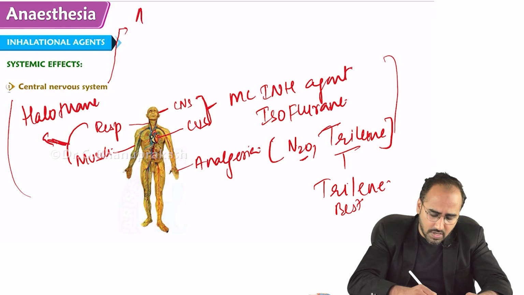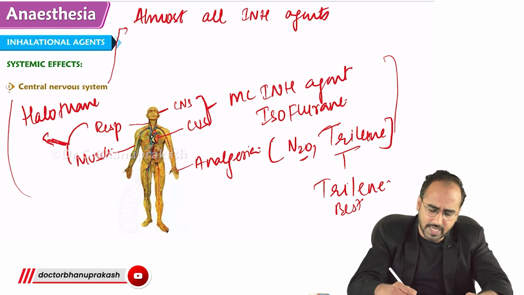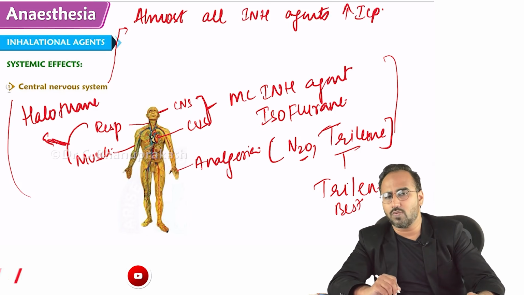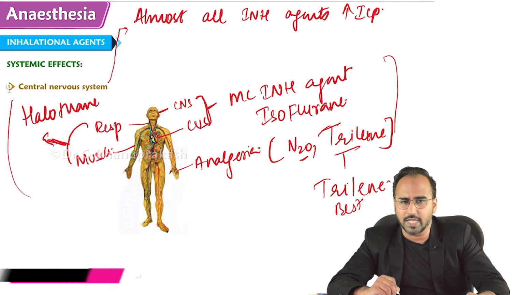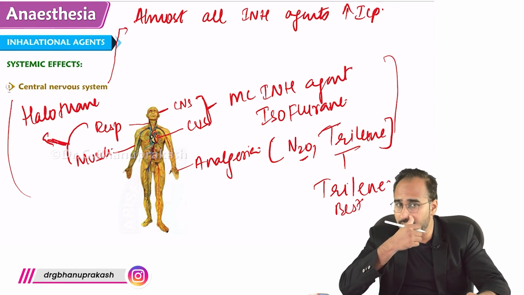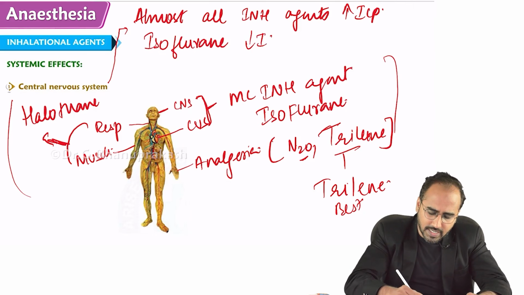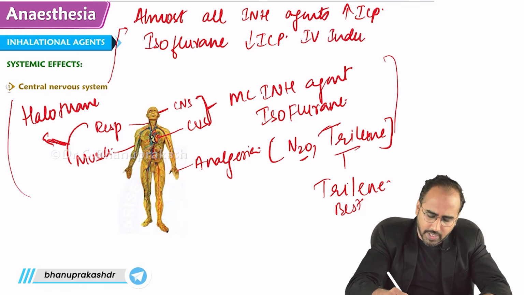Why? Because almost all inhalational agents increase the intracranial pressure. And you guys know, once the inhalational agent increases the intracranial pressure, it will be contraindicated in head injury and neurosurgery, right? So almost all increase the intracranial pressure except Isoflurane. Isoflurane decreases the intracranial pressure. Hence, it is the